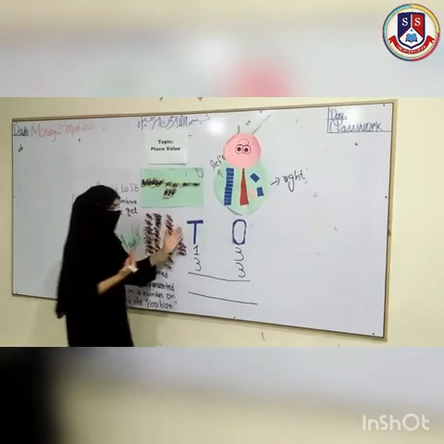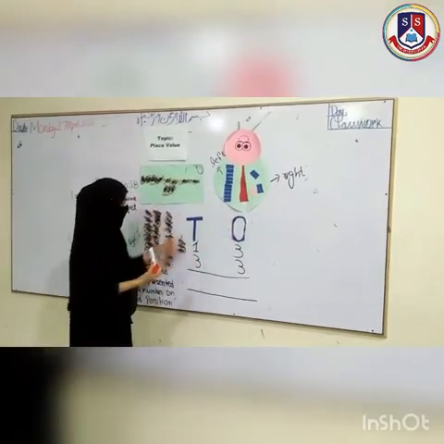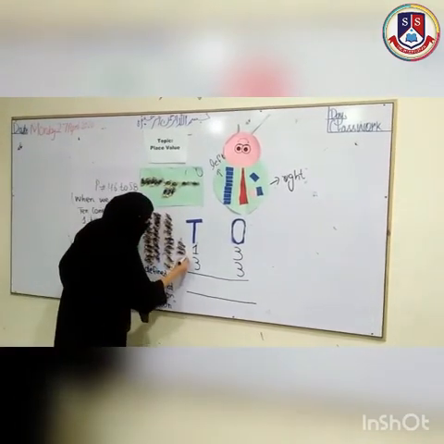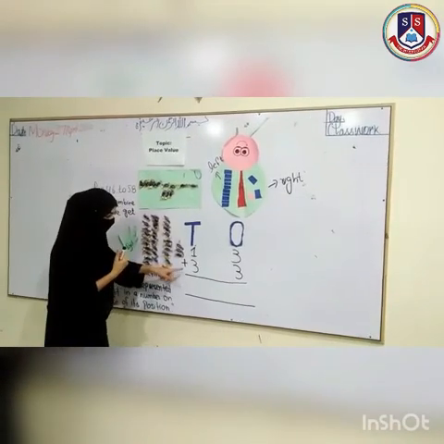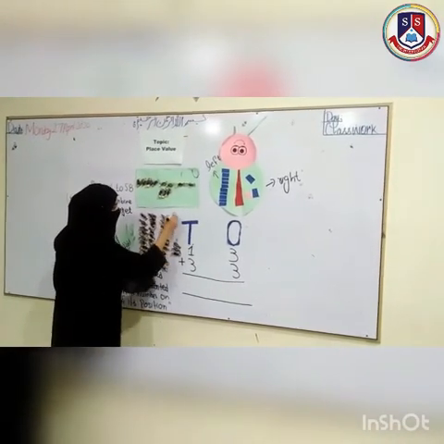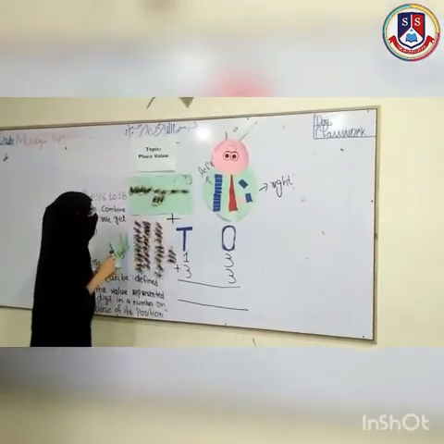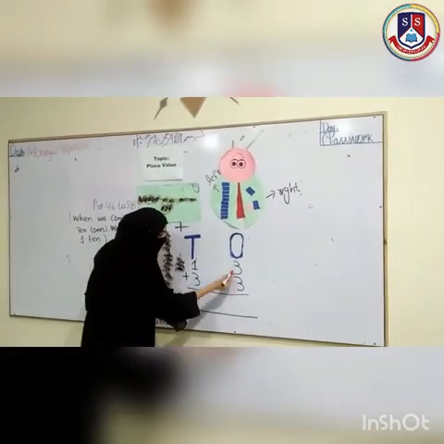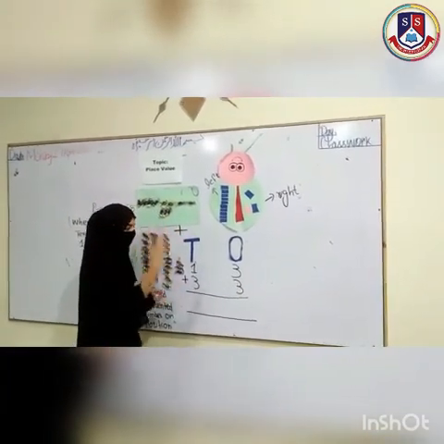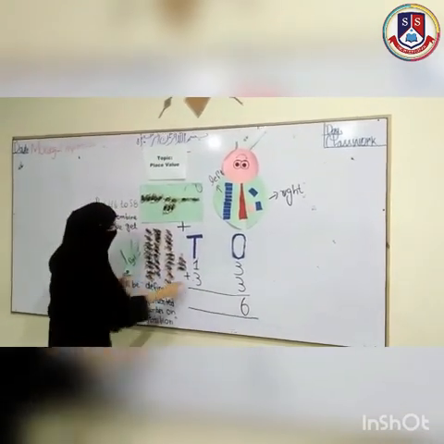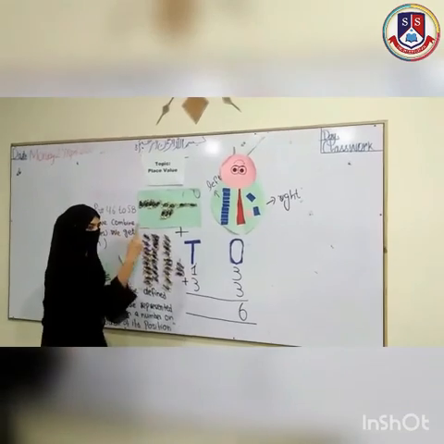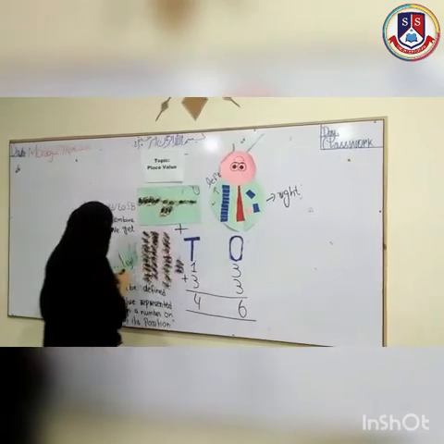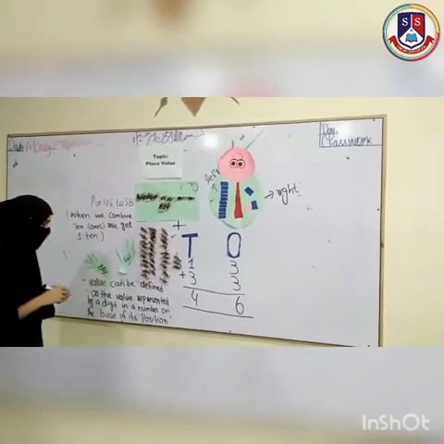This is the first column and this is the second column. This is right side and this is left side. So let's do them together. Let's total them. This is the sign of plus. First you have to draw a straight line, then make a vertical line on the straight line. This has become the sign of plus. So let's total them. 3 plus 3 is equal to 6. And 3 plus 1 is equal to 4. It means the combination of this one and this one is equal to 46.